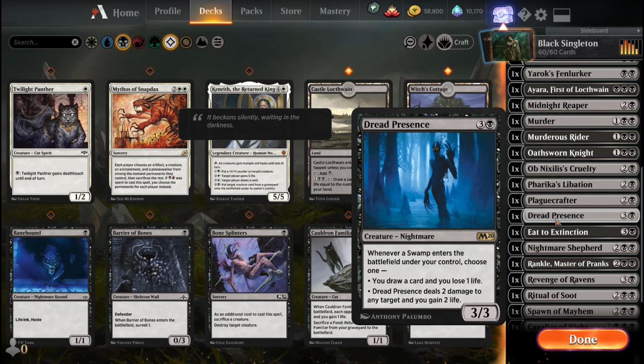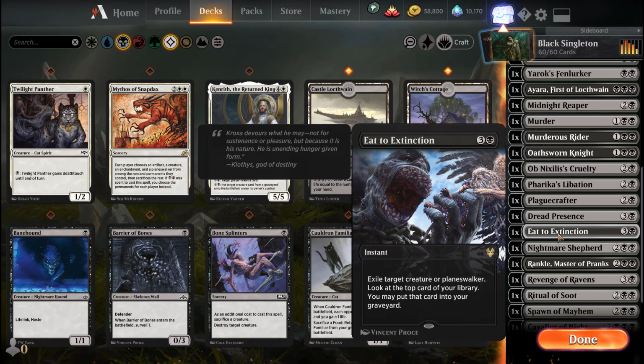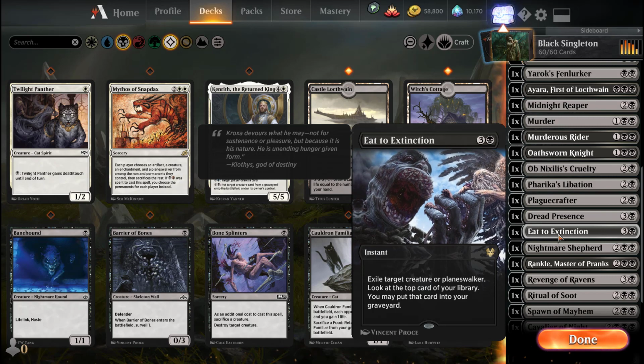A lot of times it just kills a simple target from your opponent, and you gain 2 life back, or you can just do it to your opponent, right? But over time, this could actually do a ton of damage to your opponent. Eat to Extinction just exiles target creature or planeswalker for 4 mana at instant speed, and then you can look